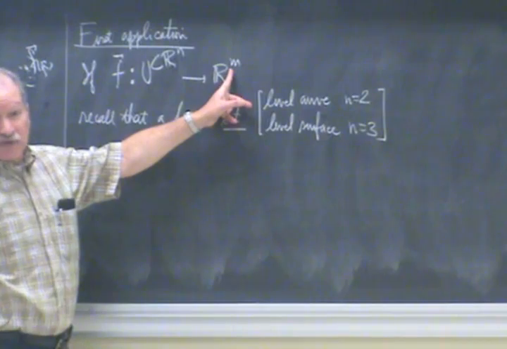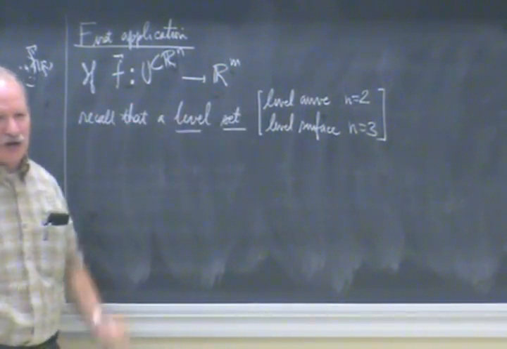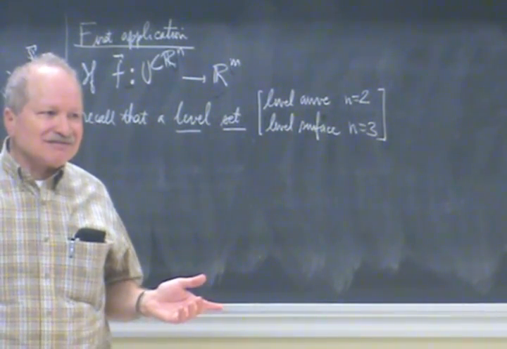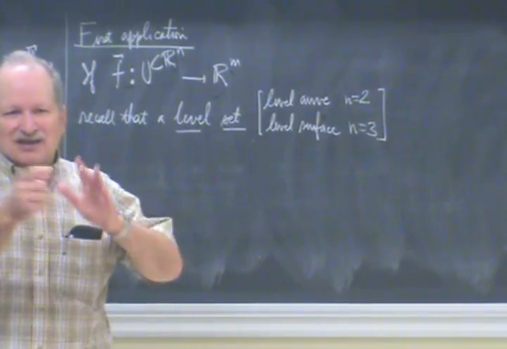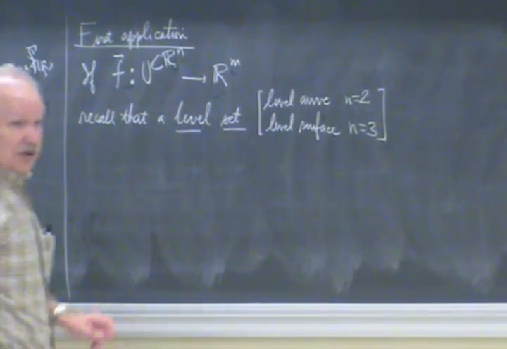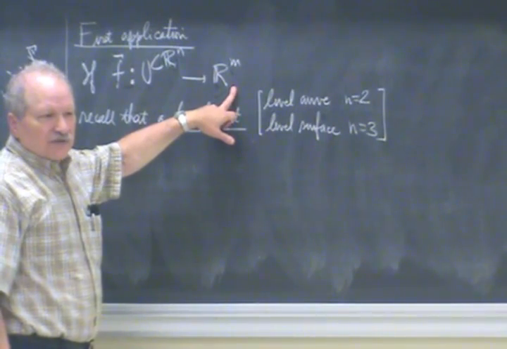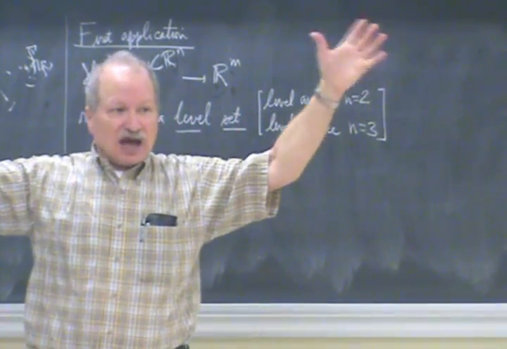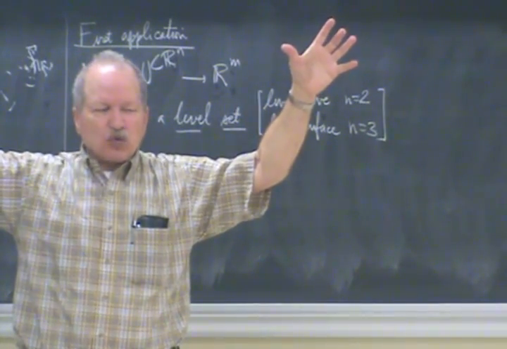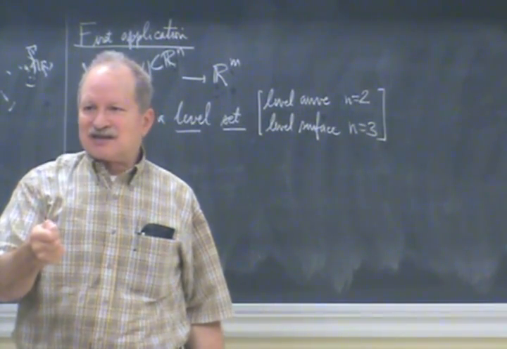But in general, you can talk about a level set. And it doesn't have to be a real valued function. You can have a vector over here. You can have several functions. You could be looking at points where pressure and temperature are both constant. Right, we were doing it for scalar valued functions, but I'm saying you could have several scalar valued functions. For example, you could be off in 3 space, not just on the map of the United States, but looking at all of space and look at points where temperature is 10 degrees Celsius and pressure is,